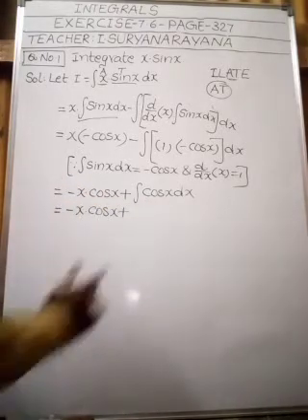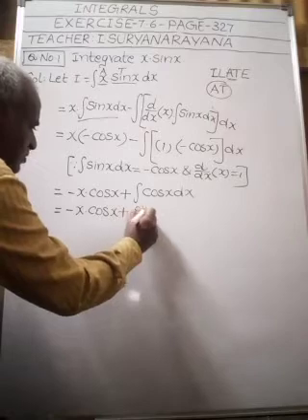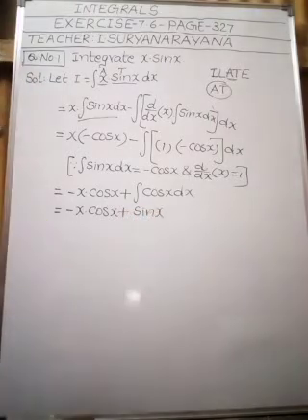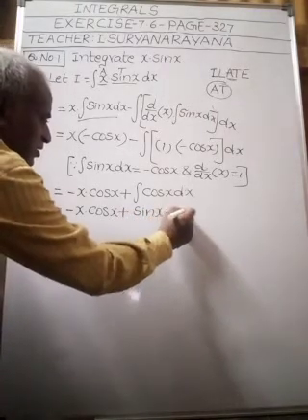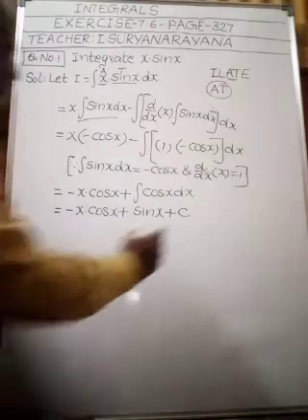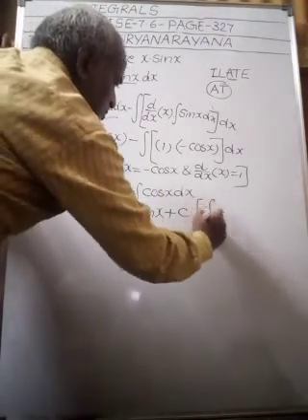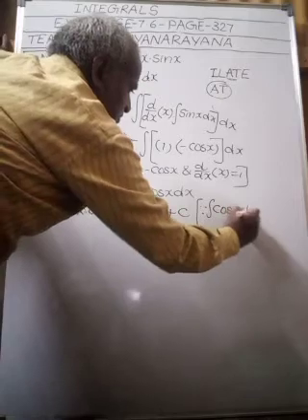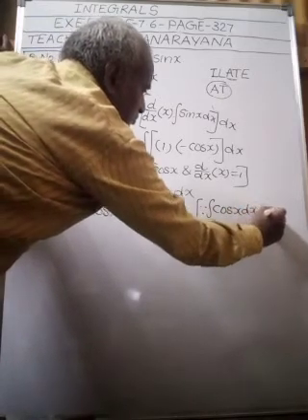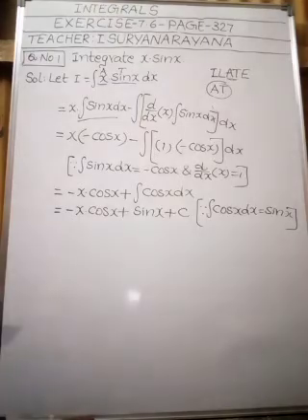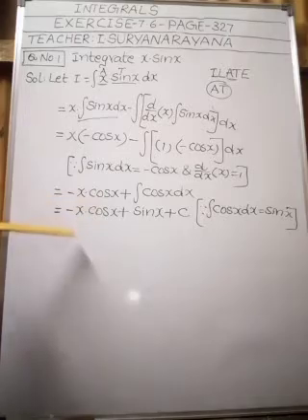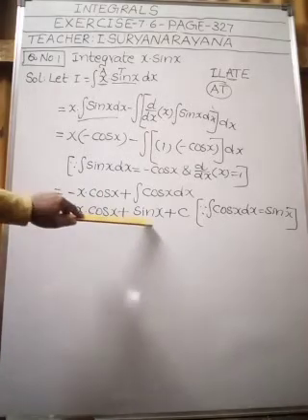What is the integral cos x dx formula? Sin x. So integration part is over. So finally we write constant of integration because integral cos x dx is equal to sin x. So the integral of x sin x dx is minus x cos x plus sin x plus